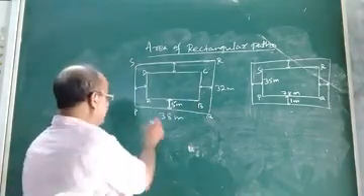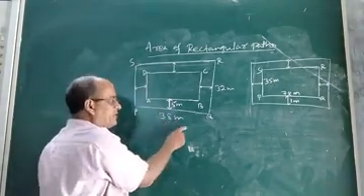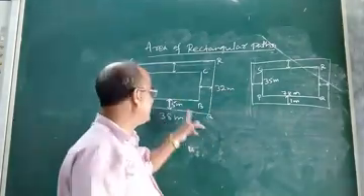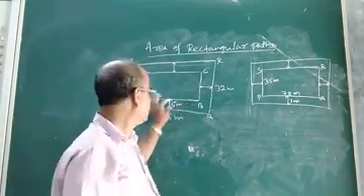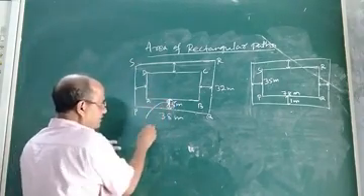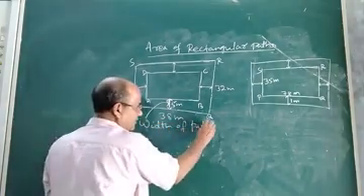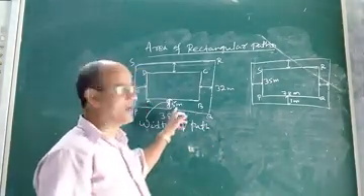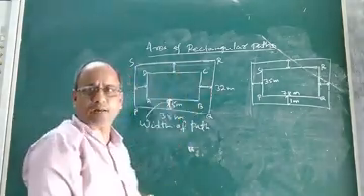So, if you are given a rectangular park PQRS, suppose the length of this rectangular park is given 38 meter and the breadth of this rectangular park is given 32 meter, and what is given? There is a footpath or road inside the rectangular park whose width is 5 meter. That means this portion is the width of the path or width of the footpath. Suppose the width of the footpath is same, uniform. The width is same everywhere along the four sides of the rectangular park.